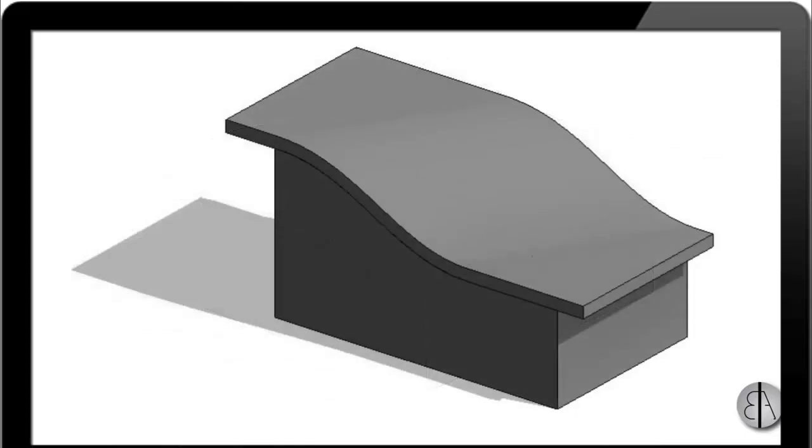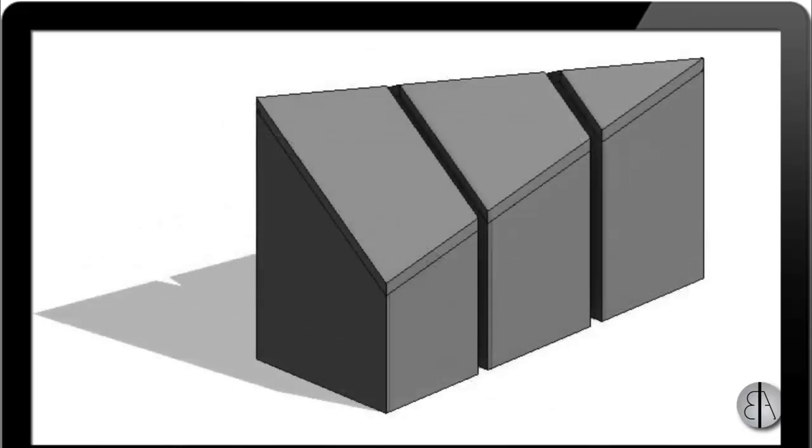in Revit. Now I'm going to be using roof by extrusion command as well as roof by face or true